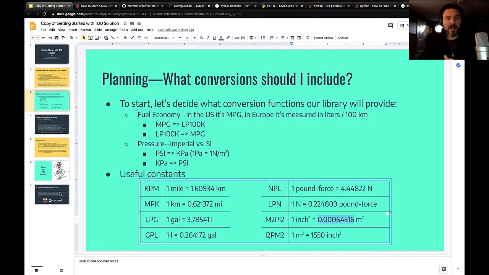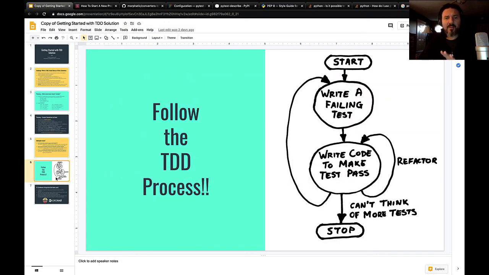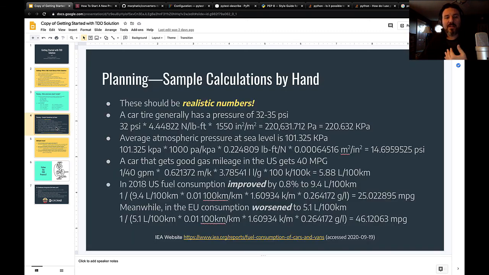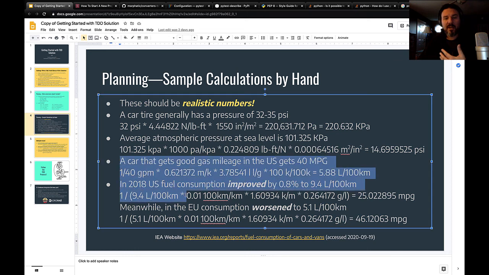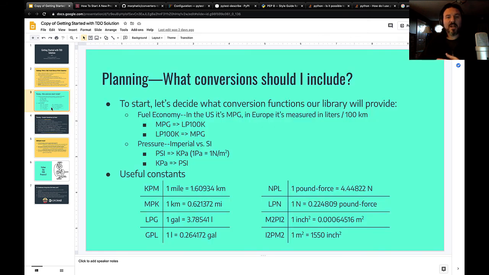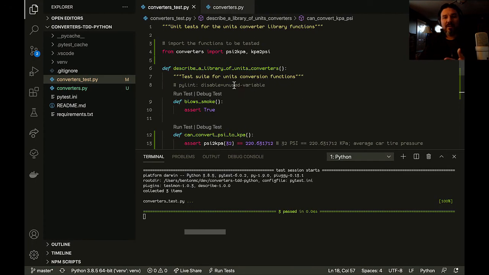All right, so I'm not going to go through the process of doing the last two functions, but it's basically going to be the same process, right? We're going to write a failing test. We're going to use these values that we calculated in the planning stage to create our failing test. And we're going to use these constants that we looked up. We're going to add those to our file. And eventually, we'll end up with a library of 4 fully tested unit conversion functions